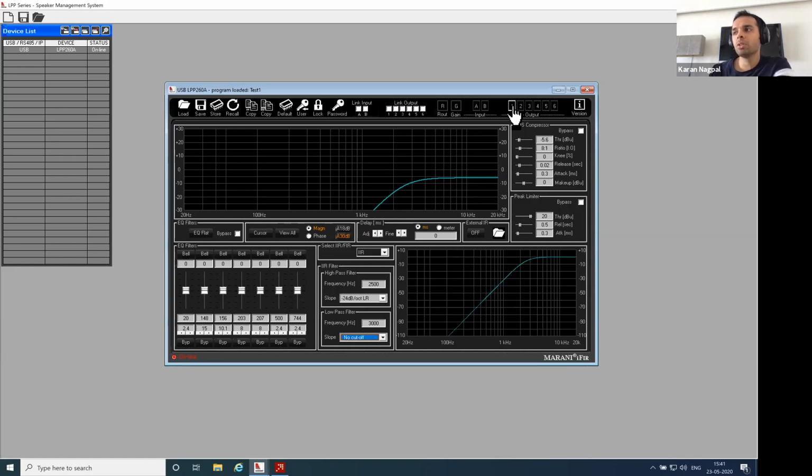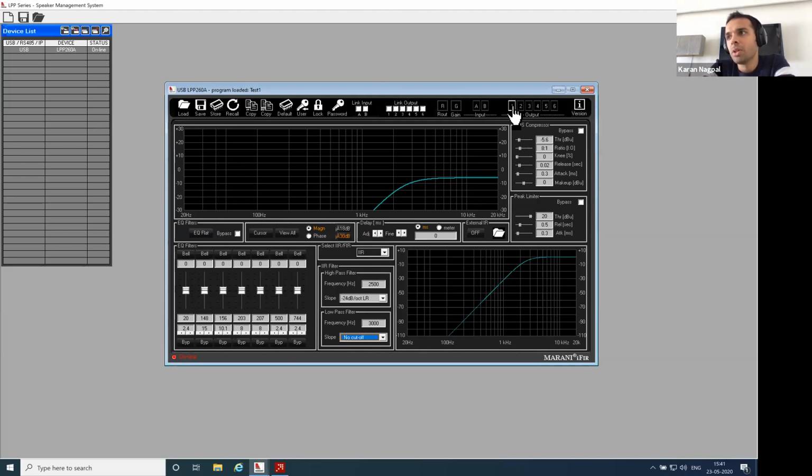So if you have 4 speakers in your home theater or something, I would probably use the outputs, because the room interaction is there, right? Based on the position, your room would interact, and you would probably want to cut some frequencies at the listening position based on the position of the speaker with respect to the listening position. So the room would interact with different speakers placed differently towards your listening position, and then I would use the output to make sure at the listening position they're pretty okay, and then use the output.